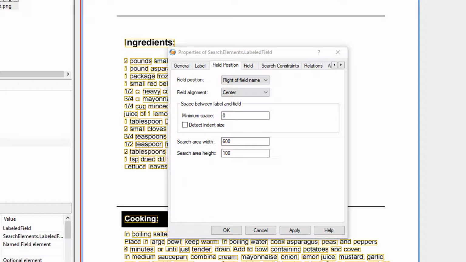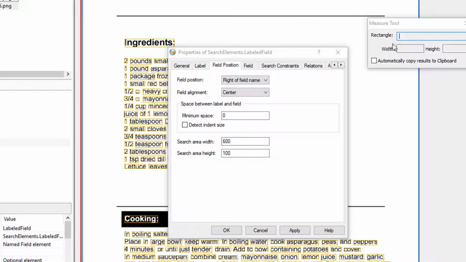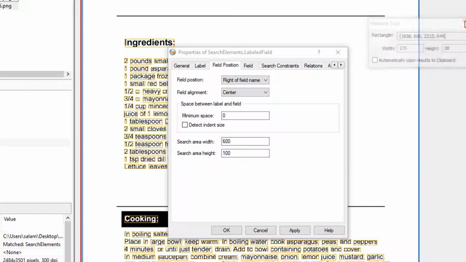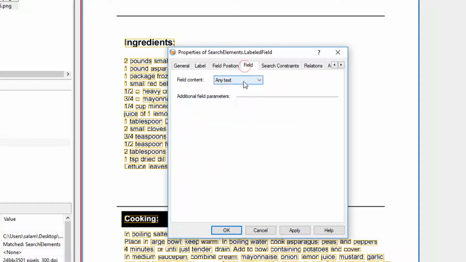As for the search area, we check that the already specified numbers are sufficient to detect the whole field, and we find that indeed they are. In the field tab, we assume that the recipe number always contains only one line. Unlike the field label, the data in this field is not fixed, so we must describe the field content as